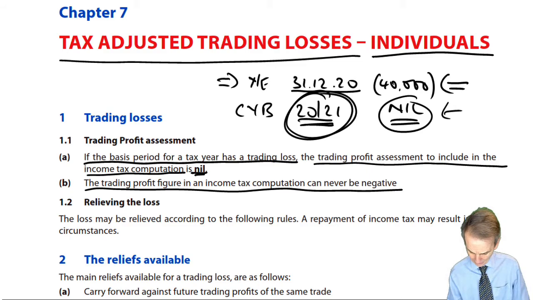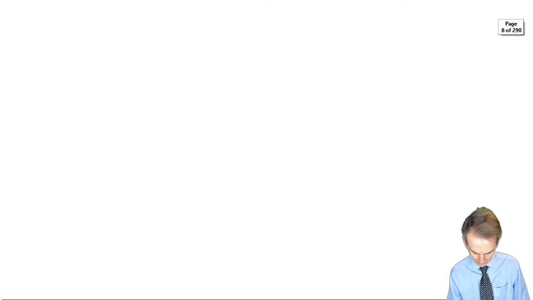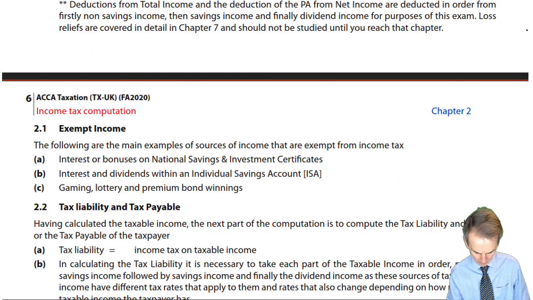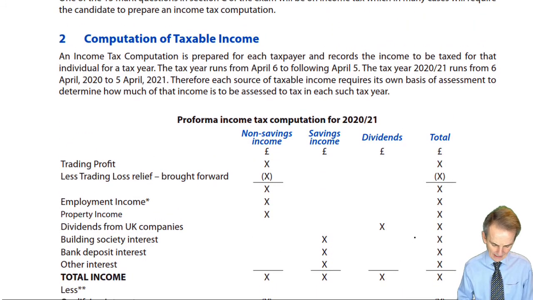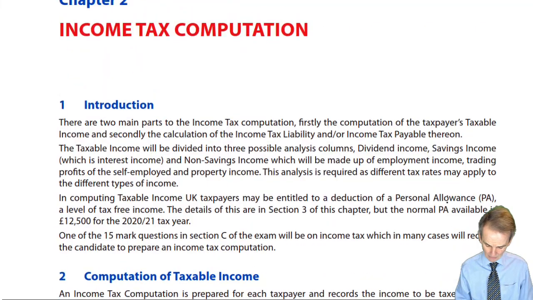Now, let's see if I can find those for you now. Pardon me while I wind all of this back. And we'll find for chapter 2. Here we go. There's that pro forma income tax computation. There on, where are we, page, won't be a very big number,